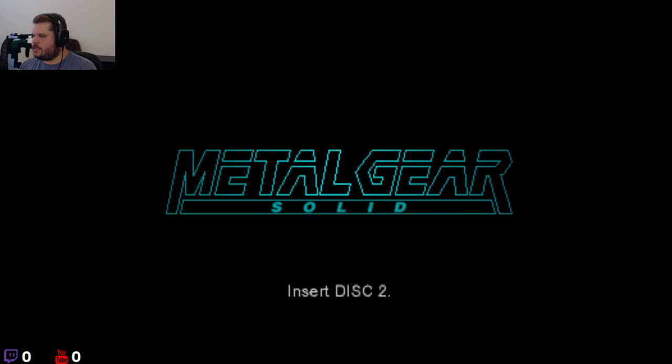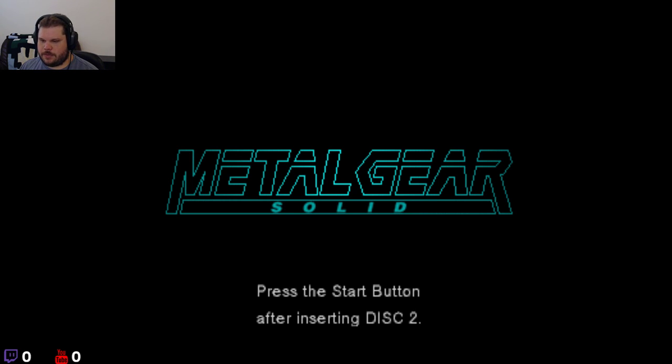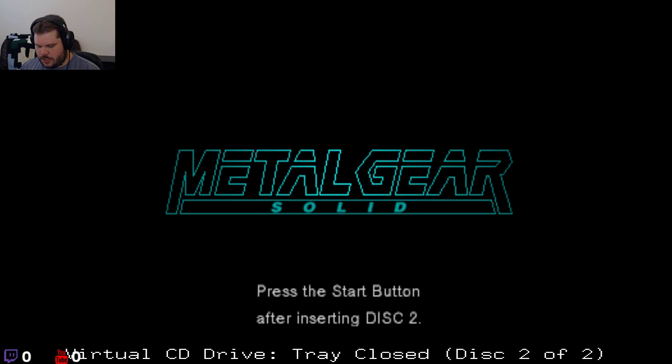So this is where I got stuck yesterday, going, oh shit, I'm 5 minutes in and I don't know what to do. So what we're gonna do is, hang on, just packing one up. We're gonna go F8, open the tray. We're gonna press F6, and we're gonna put disk 2 in, and we're gonna close the tray, and then we're